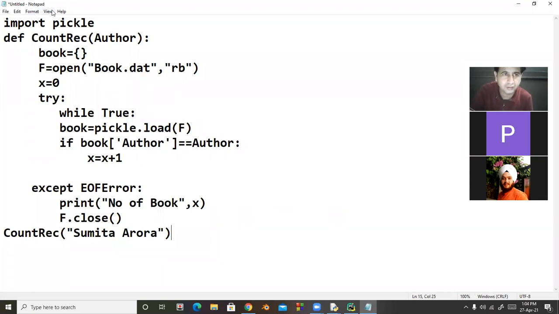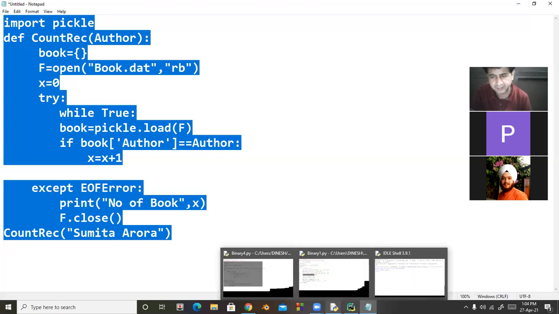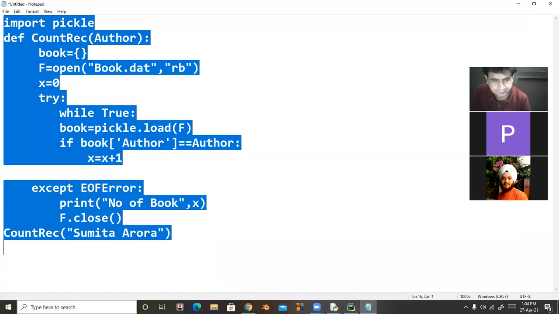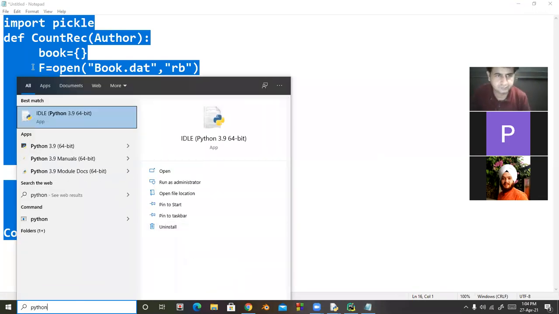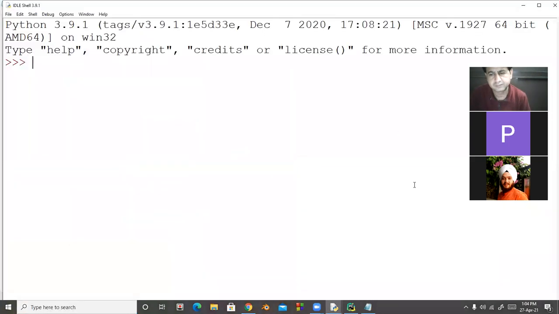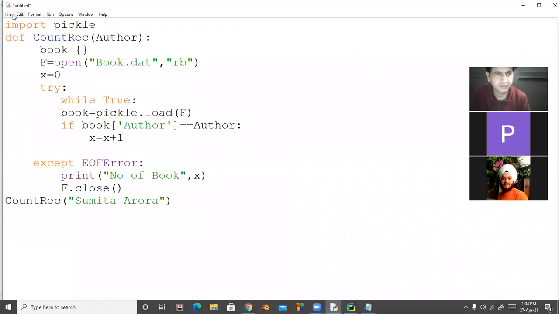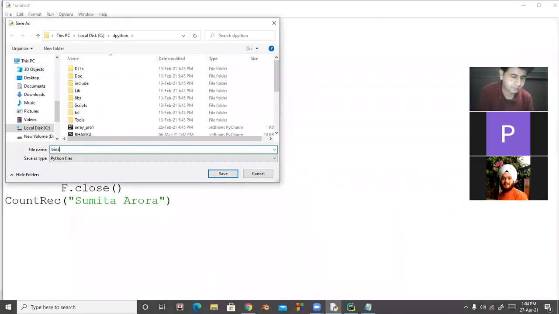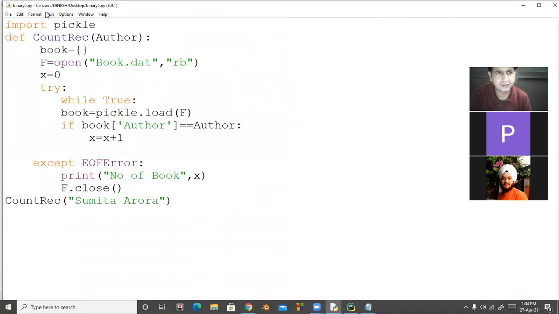So now I am executing this program, copying this program into Python. Saving this file, binary file on desktop. After that, I am executing.